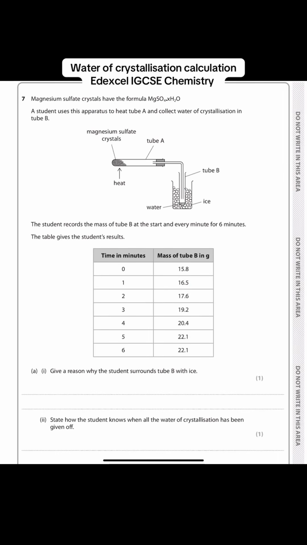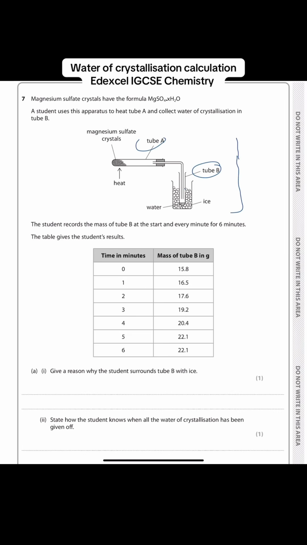One of the most common questions in paper 1 Edexcel IGCSE chemistry is the calculation of water of crystallization by heating hydrated salts to get the anhydrous one and collect the water of crystallization. They will usually provide you with an experiment like the one in front of you here, where there are tube A